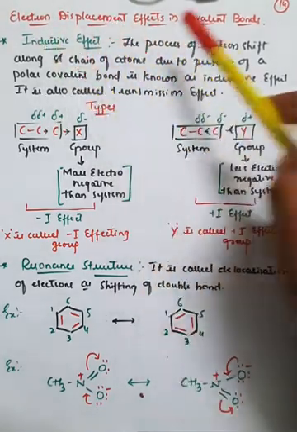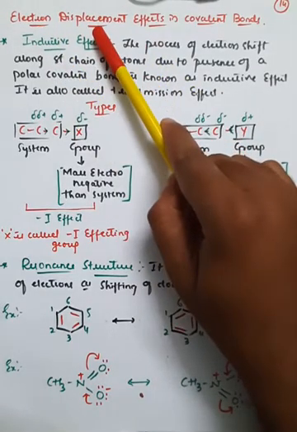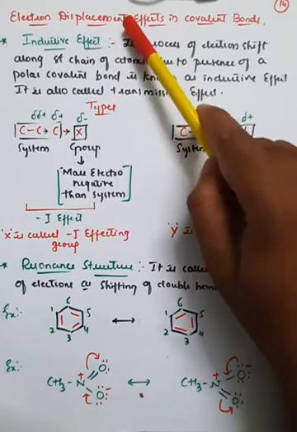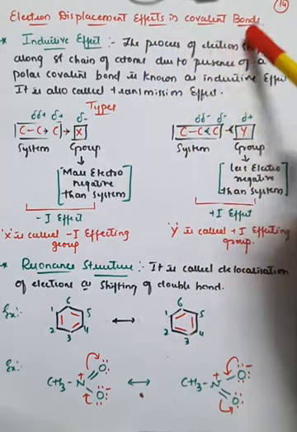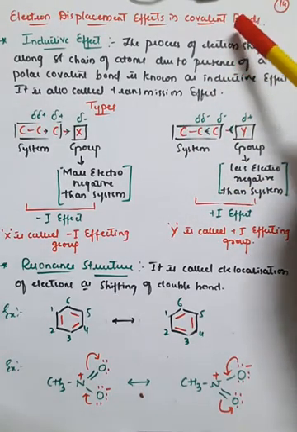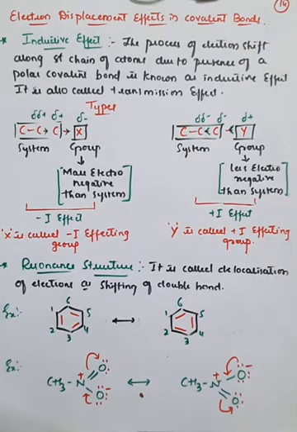Right? So we can divide this sentence: electron, that is negatively charged, right? And displacement, the movement, effect, right? So what will be the conclusion due to the movement of that electron within the covalent bond. Already we know that covalent bond means the bond formed by the mutual sharing of electrons is generally called a covalent bond, right? So in that covalent bond, what kind of movement of electrons can bring different types of effects, which can be observed in different reactions, and even in different molecules also, right?